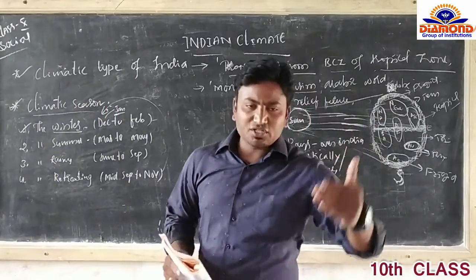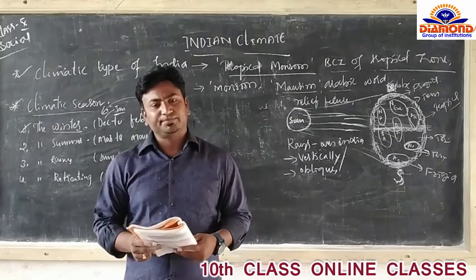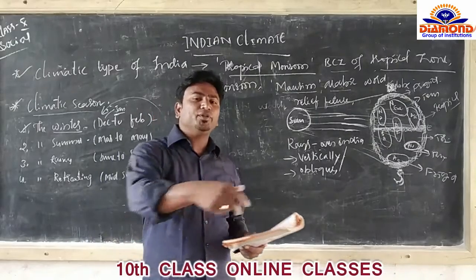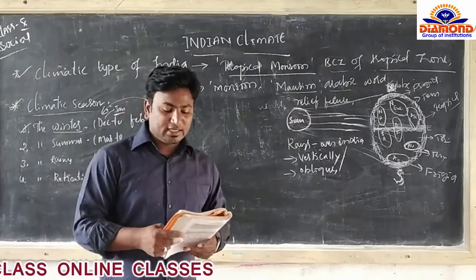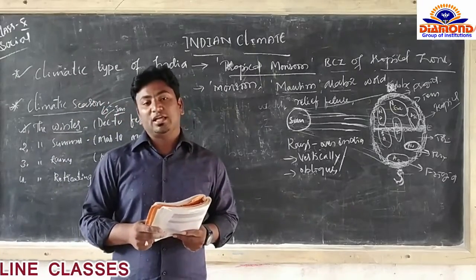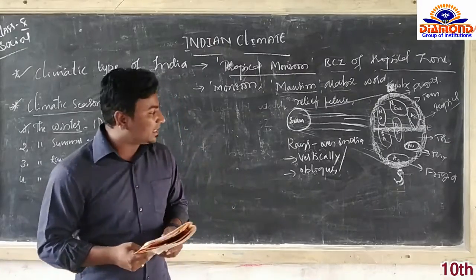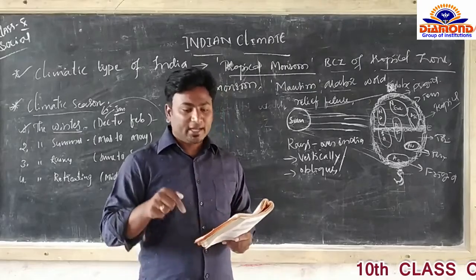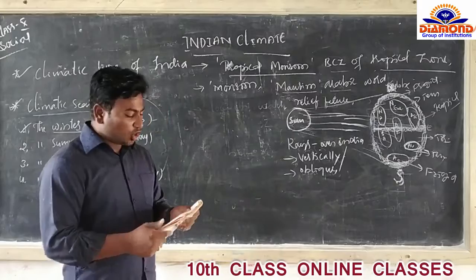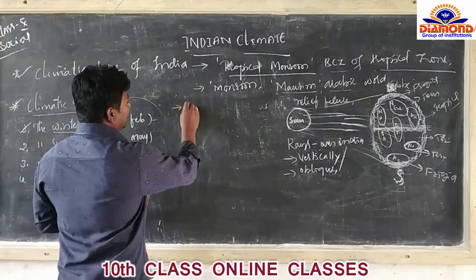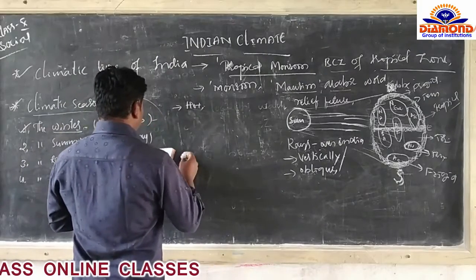Exactly. When the sun is close to you, the temperature differs. The earth moves along its axis around the sun, and the rays fall vertically over the northern hemisphere, and the temperature is high in India. At that time, we receive high temperature in India. It is hot, very hot, dry and sultry.